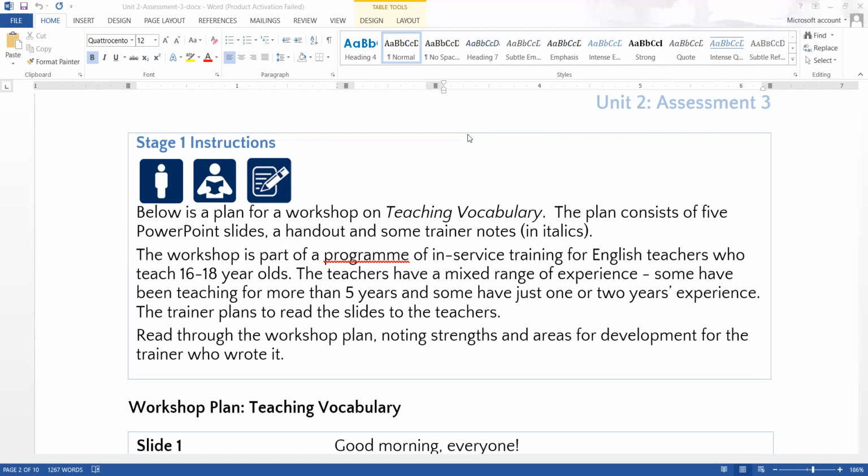Sure. Do you want to type or do you prefer spoken? Yeah, I think it's going to be easier and faster if I just speak. I didn't want to disturb the others.